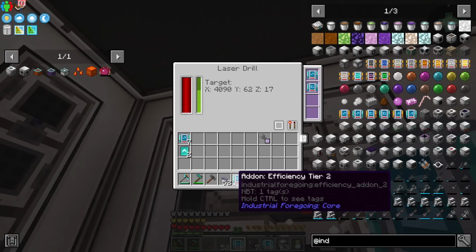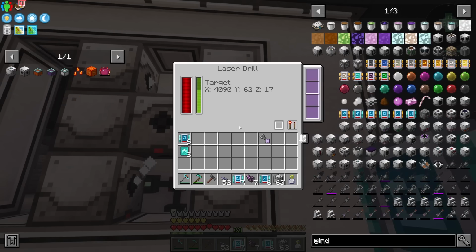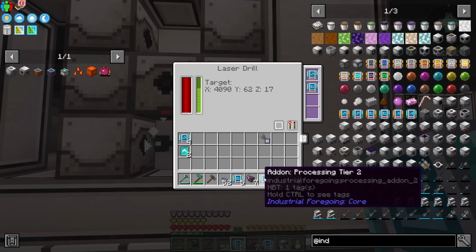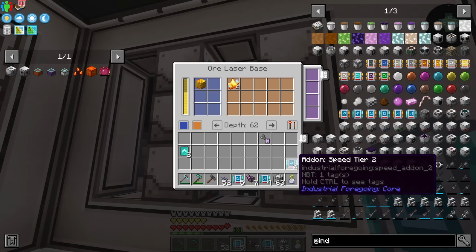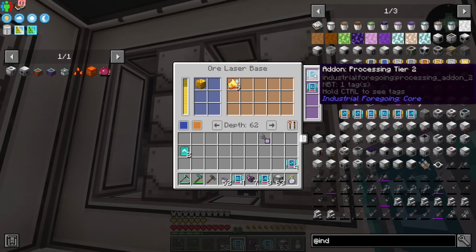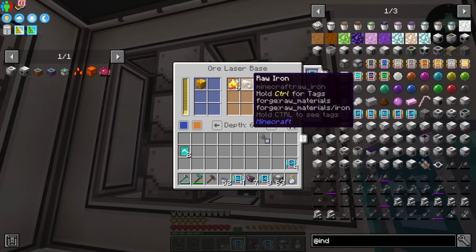These make them use more power and make them a lot faster at the same time as well. Let's go ahead and do that. Another one, this one here. And this one doesn't take one of them. Maybe it's not the efficiency. Yeah, I don't remember. Oh yeah, I can't take the speeds, but I can take the other ones, right? There you go. So it takes the efficiency and the processing,